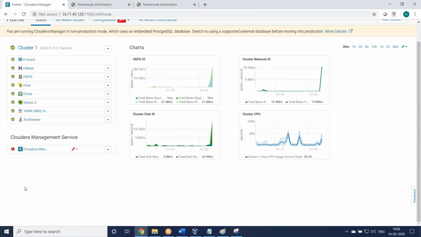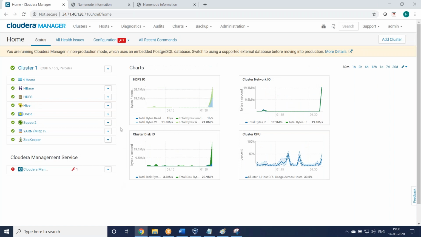So you can monitor multiple clusters in a single web page. But Hortonworks is not like that. You have to configure a separate web page per cluster. Similarly MapR also, but with MapR you can maintain a single page or multiple pages, either way.